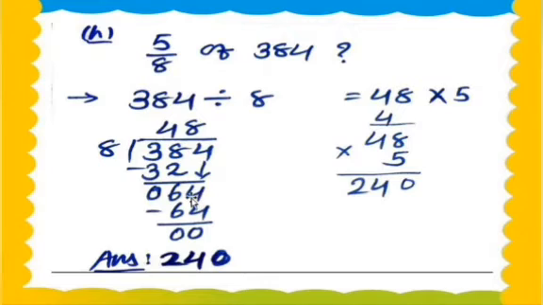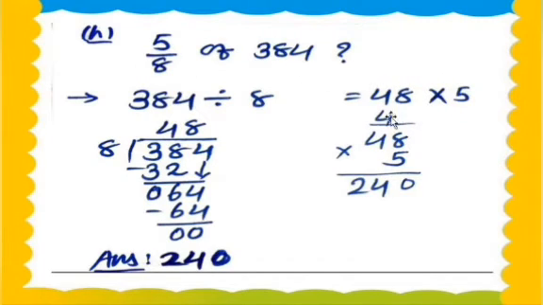It makes 64. 64 will come in the table number 8. Yes, it will come in the table number 8. 8 8s are 64. So 64 minus 64, how many, my dear students? 0. 64 minus 64 is equal to 0. Then we write the quotient right here. Then after that, multiply with the numerator.